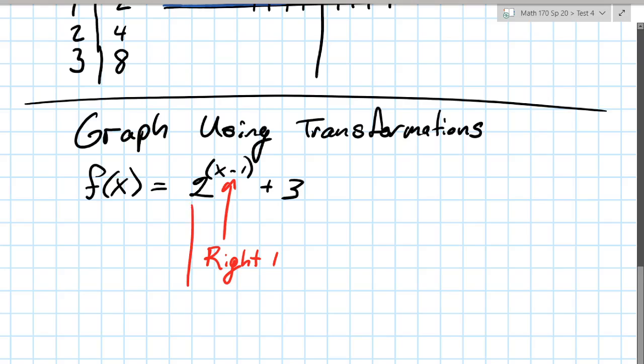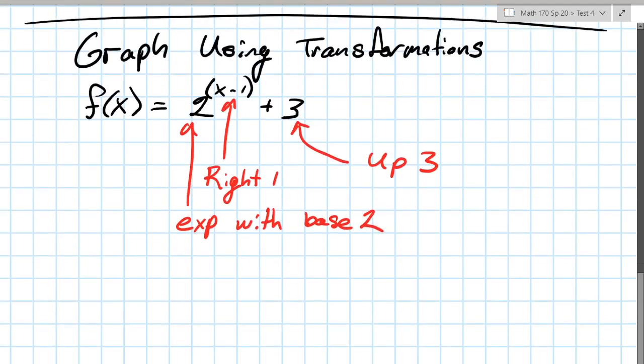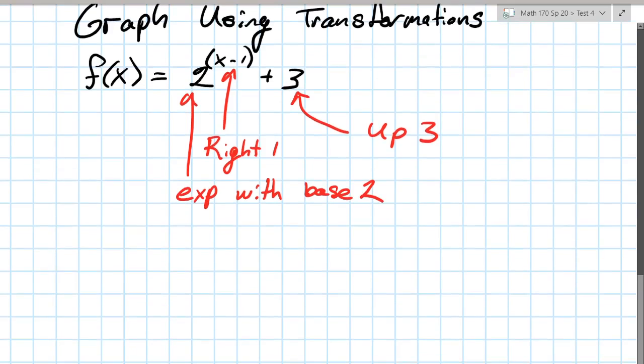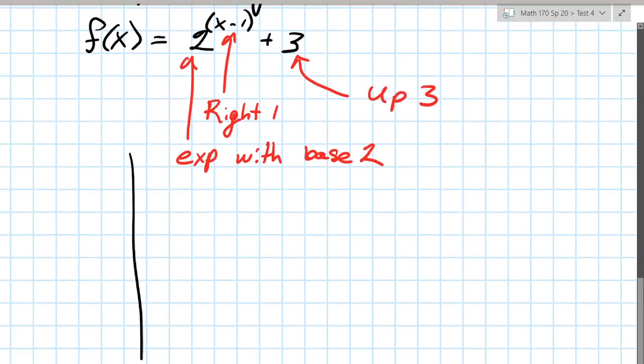You notice there's an exponential with base 2, and then you also notice that there is a vertical shift up 3. So we should be able to sketch this using transformations. We know the basic graph of 2 to the x hits the y-intercept at (0, 1), and then starts growing